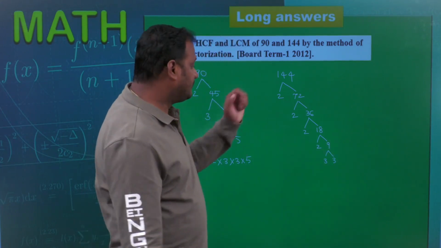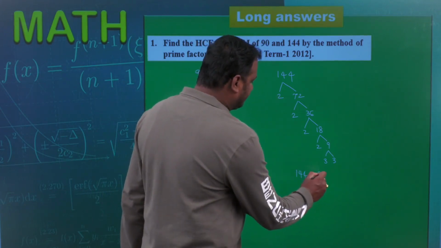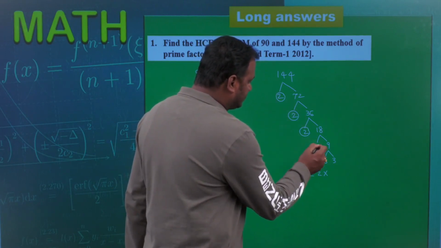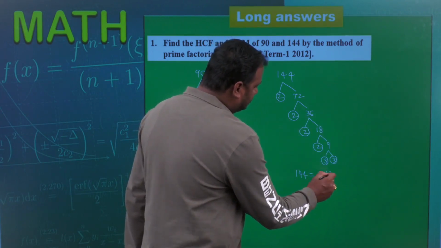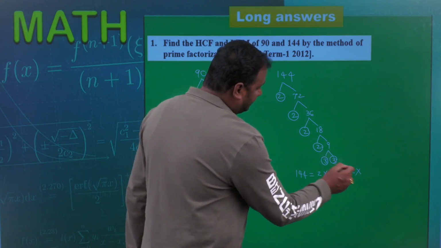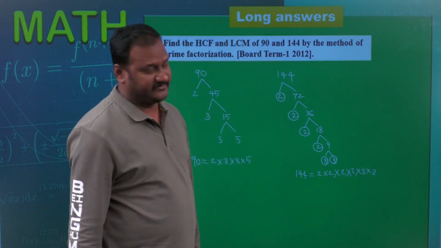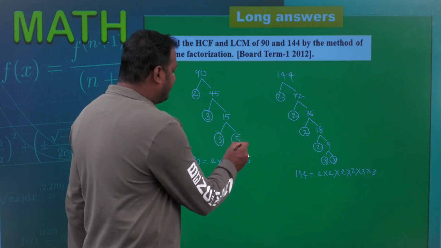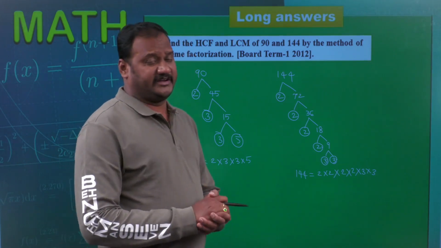Therefore, what are the factors of 144? 144 can be written as 2 into 2 into 2 into 2 into 2 into 3 into 3. So first 2 into 2 into 1 more 2 into 1 more 2 into 3 into 3. So these are the prime factors of 144. Right? Now going to find what is